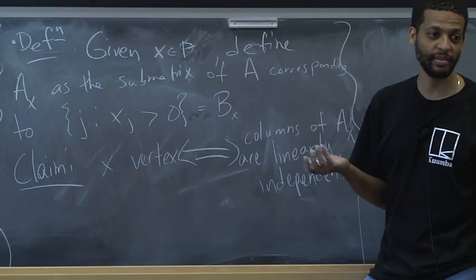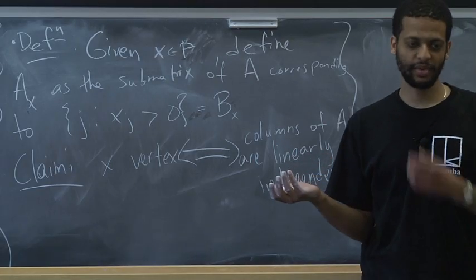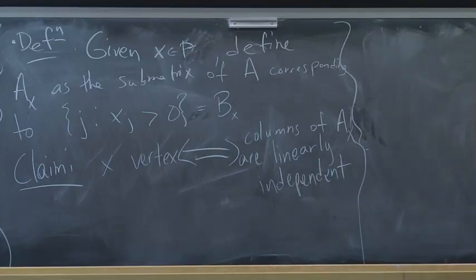Like, it can be m, right? So the column, like this is linear algebra now, the column rank equals row rank, right? We only have m rows in A. So the column rank of A sub x cannot possibly be more than m. Okay, so if it has full column rank, being linearly independent means it has full column rank. It means that A sub x has at most m columns. So this matrix is m by something which is at most m.